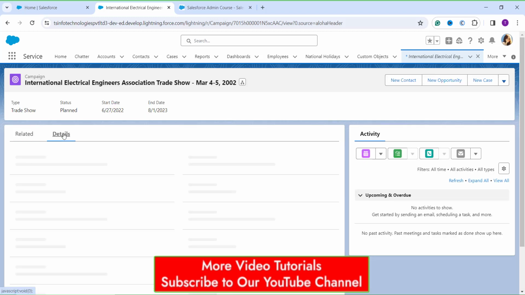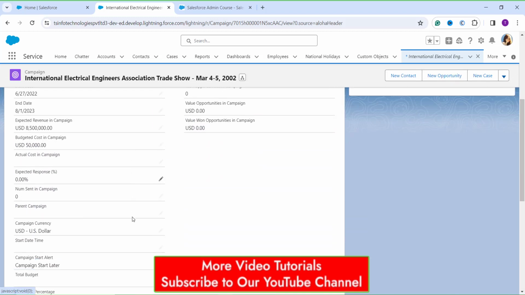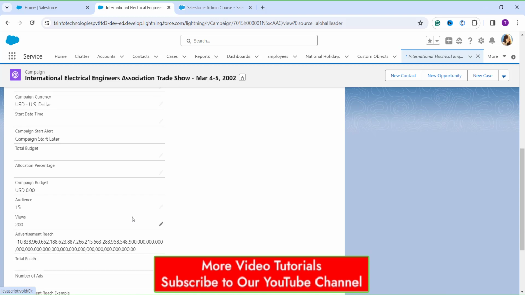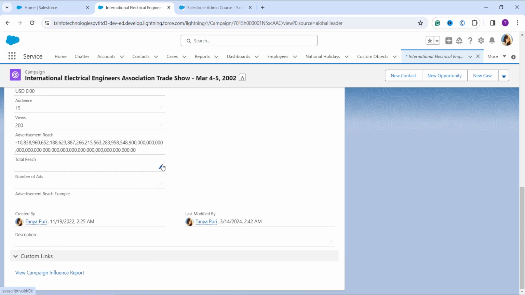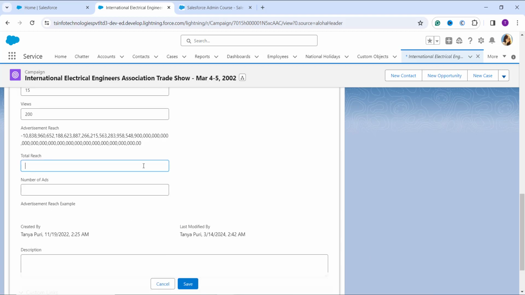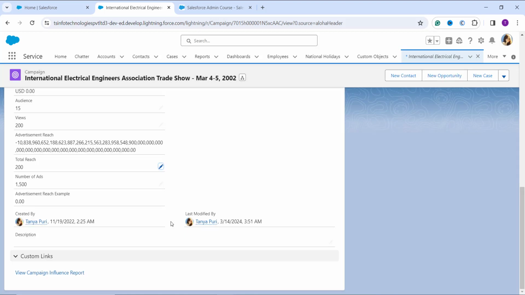I click on its detail section. Here you scroll down. Here you will get the fields that you want. So here is the field for the total reach. I enter the total reach as 200. Number of advertisement I enter as 1500, and when I click on save, it saves my fields and gives me a